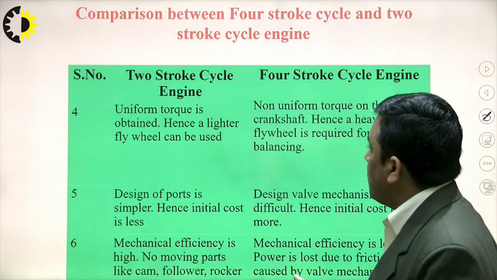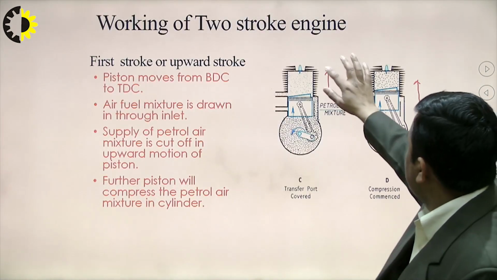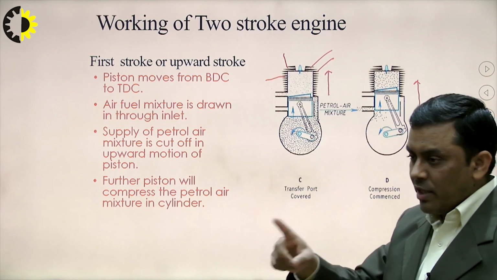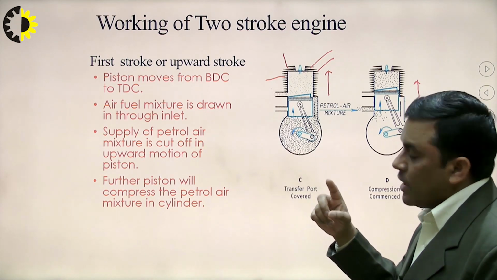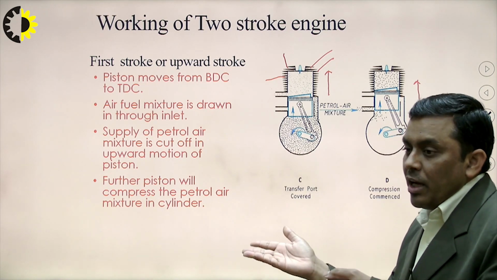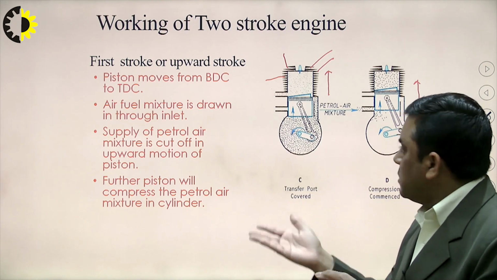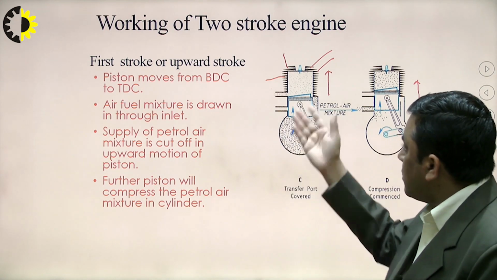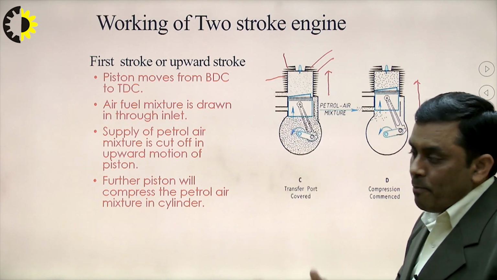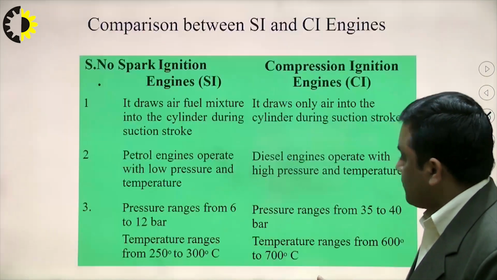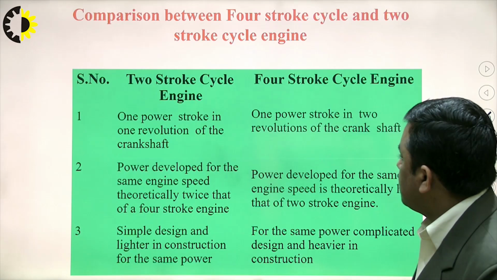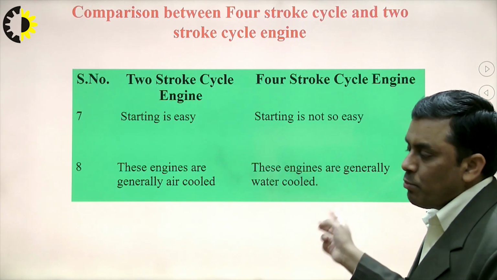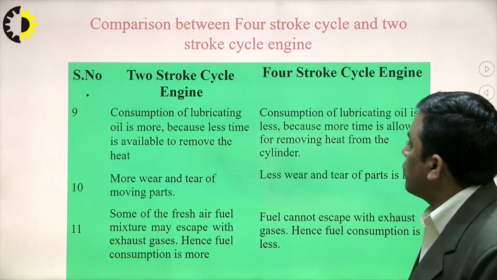Fins you can see, I am coming to that diagram. These are the fins. Extended surface. Circumferentially on the cylinder. So, these are the extended surface through which we are increasing the area. So, these are sufficient. These things we can see in our bike engine. We are observing some metal plates. So, these are the fins through which we are increasing the air cooling of the engine. Now, the engines are generally air cooled. Here sometimes water cooled engines are required in 4-stroke engine.